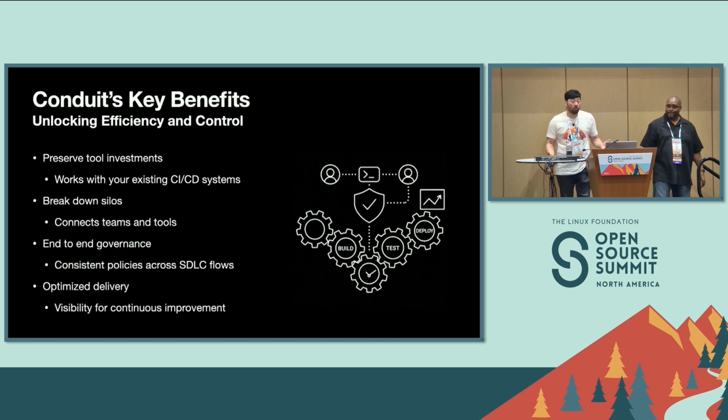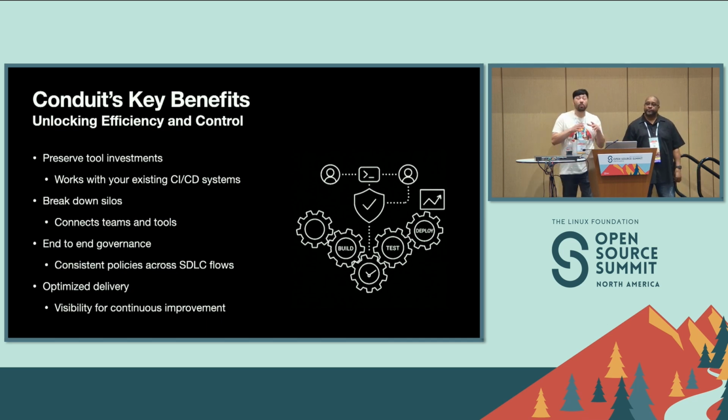But the real world power comes from when we add complexity to real world scenarios. Let's say that during your deployment, a Datadog alert fires, indicating high error rates. Conduit would simply capture this as an event, and based on your defined policies, might automatically pause the ongoing